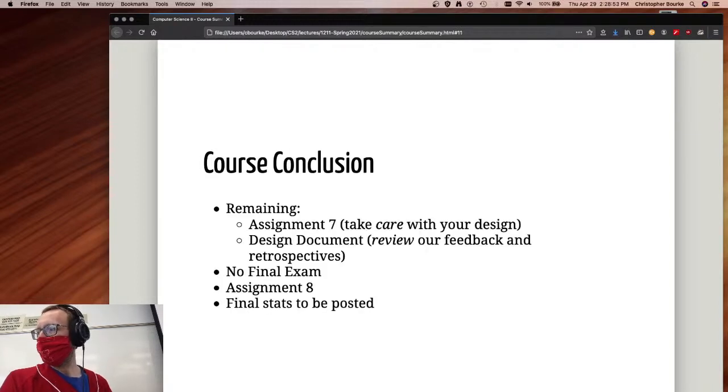Anyway, you do have assignment 7 and design documents still to turn in tomorrow by midnight. Take care with your design on assignment 7. If you have been following everything that we've done and if you've been listening to everything that has been said on Piazza, literally, assignment 7 is no more than 10 lines of original code.